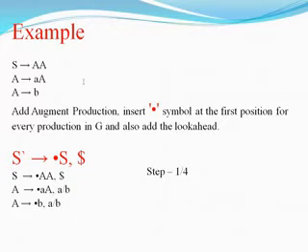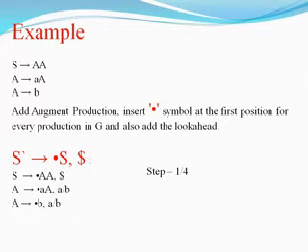We will do this task in simple steps. In 4 steps I will conclude the CLR parsing mechanism. Step 1 is adding an augmented grammar to our input. In our grammar, what is the first production? S tends to A A. So the augmented grammar will start with S only, because the first production in the given input is for S. The augmented grammar is written as S dash tends to dot S, comma dollar. This is how we represent an augmented grammar.